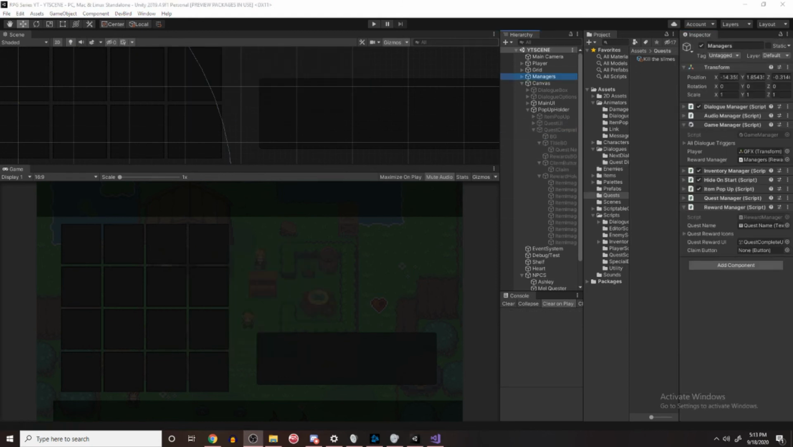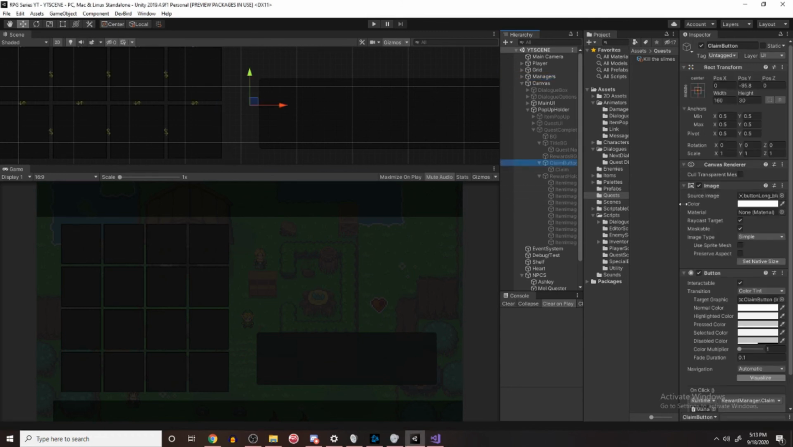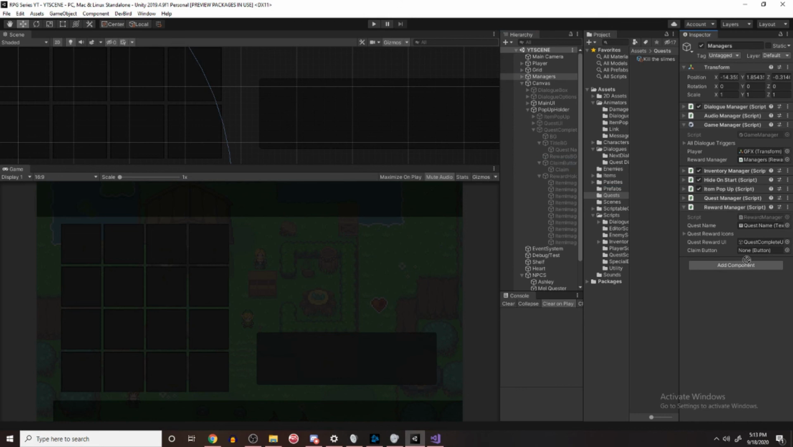Alright, so the last thing we need to do is go over to our managers and go over to our reward manager and actually set the claim button. So let's go over to our claim button here, and drag the claim button into the empty slot here. And so now when we open it, it'll focus the claim button. And so let's play,